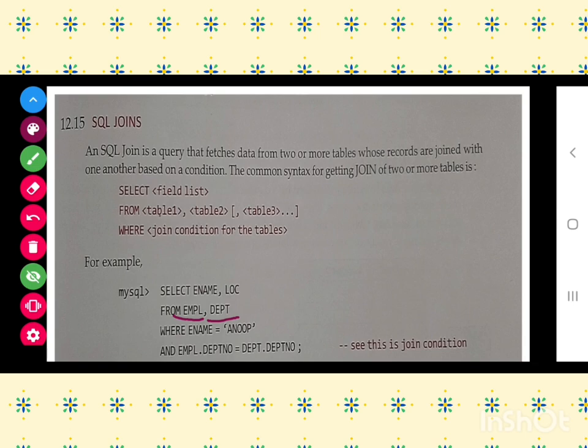Suppose I want to display name and location from these tables. Maybe both are from the same table, or from different tables. That's not a problem, but I want to give a condition that name should be Anup, and EMPL dot department number is equal to department dot department number.